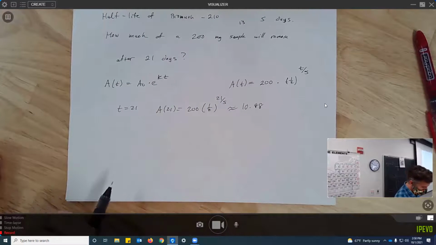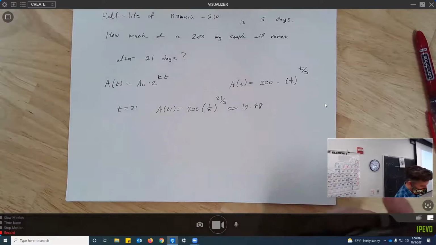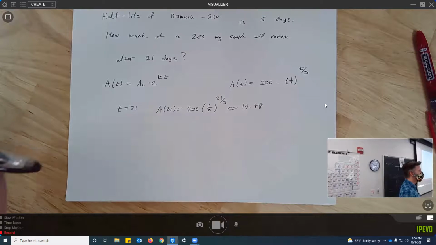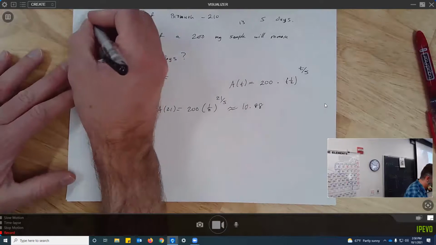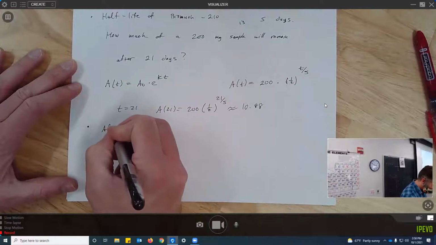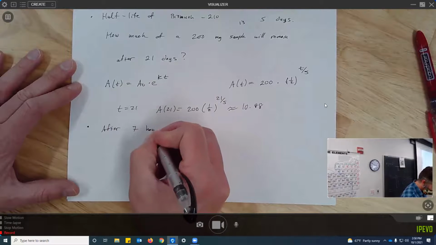Yeah, I guess it's biased. I'm just biased. It's not the way I like to do it. It's fine, but yeah, it totally works. If you know what percentage of stuff you have after a certain amount of time, you can totally do it this way. So another example of this would be something like, let's say we know that after, I don't know, 7 hours,